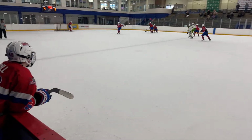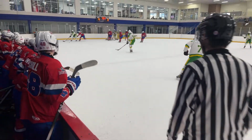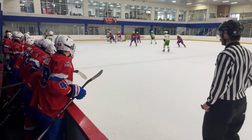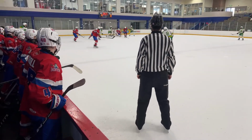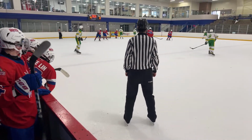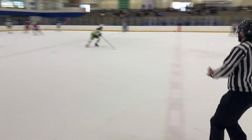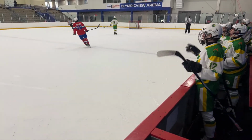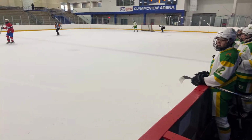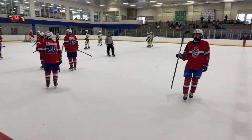South Delta enters the zone with it. Number 77 scored for him. He still got it. Here comes a shot. Tip off the skate. Picked up by Freeman, and he clears this one all the way down. That's going to be icing. South Delta has pulled their goalie here. I think Freeman was trying to get the